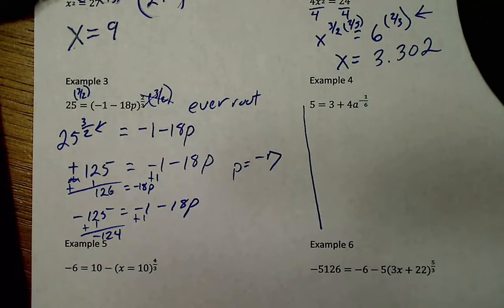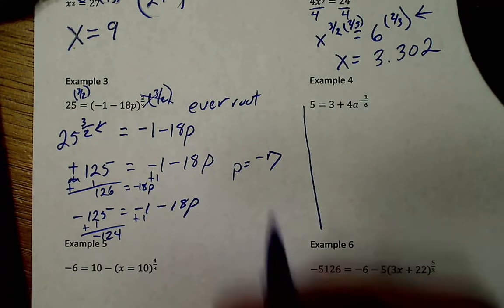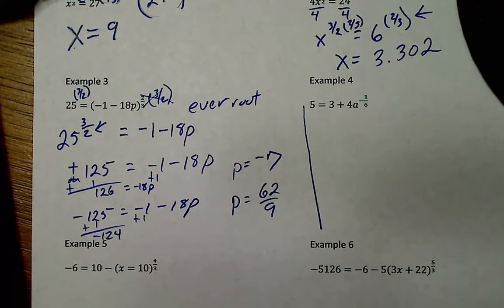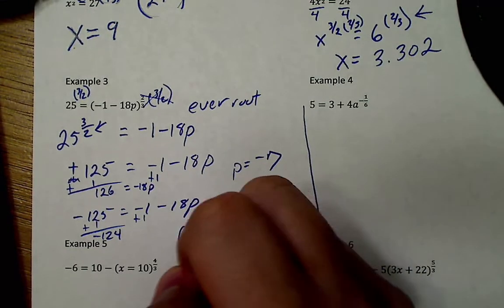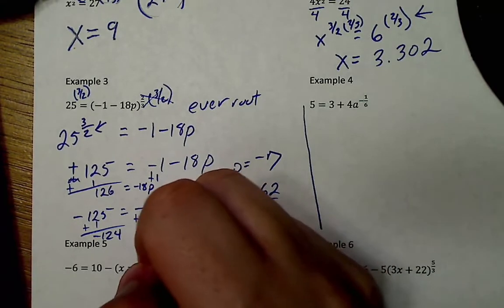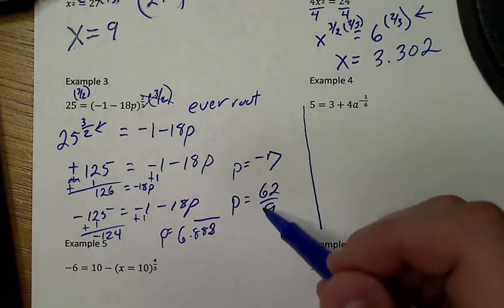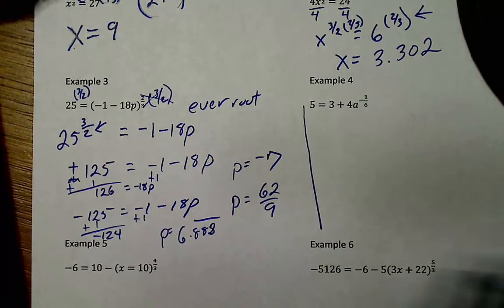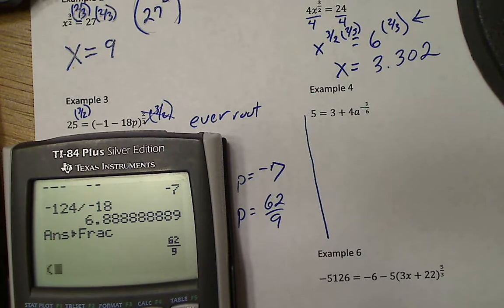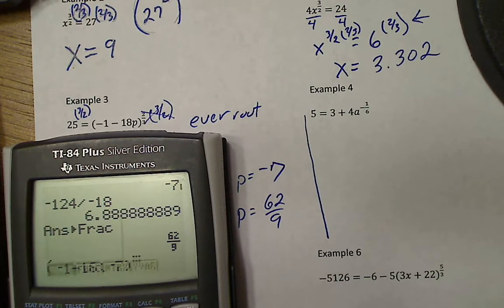So in this case, I'm going to get a fraction where p is equal to 62 over 9. The answer I got originally was 6.888 repeating. So I'm looking at these two numbers. What I do now is go back to my original equation and check which ones actually work. If I do negative 1 minus 18 times negative 7, and raise that to the 2/3 power,